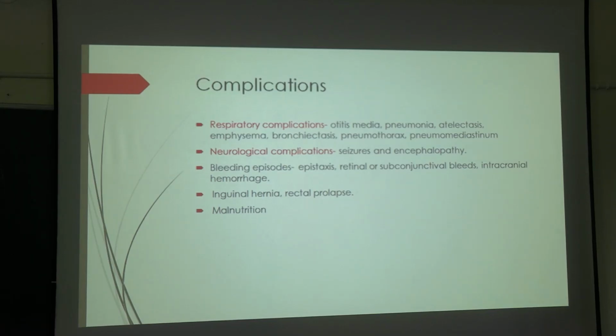What are the complications? প্রথমে বলা যায়, সেটা হচ্ছে রেসপিরেটরি কমপ্লিকেশনস। এত কাশি হচ্ছে কি হতে পারে? নিউমোনিয়া, নিউমোথোরাক্স, ব্রঙ্কাইটিস, এমফাইসেমা, ব্রঙ্কিয়েক্টাসিস, যা যা নাম আছে সব বলে দিবি কমপ্লিকেশনস। What are the neurological complications? Can occur seizures and encephalopathy, very rare. Most commonly bleeding episodes can occur like epistaxis, retinal or subconjunctival bleeds, and intracranial hemorrhage. Inguinal hernia and rectal prolapse, these are also very less common, normally আমরা পাই না।